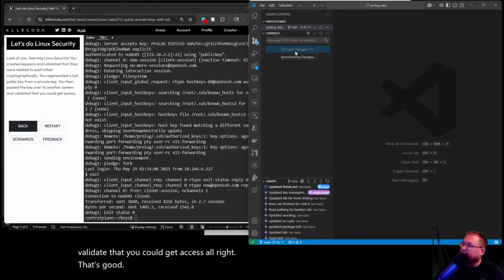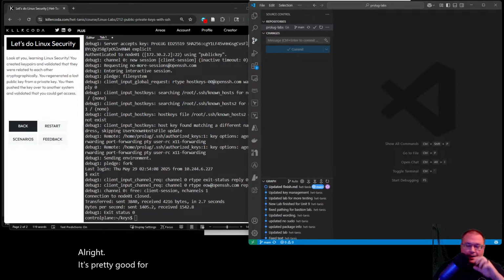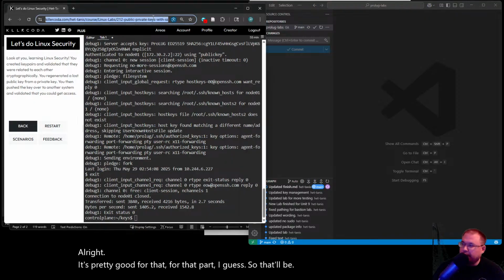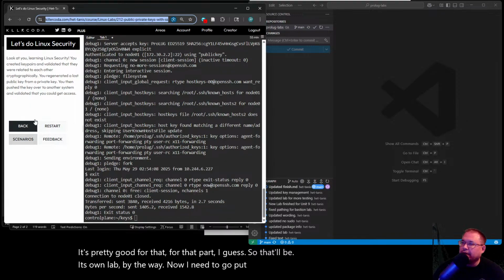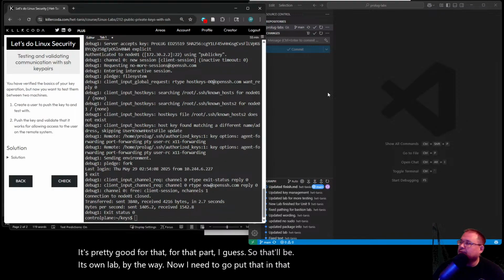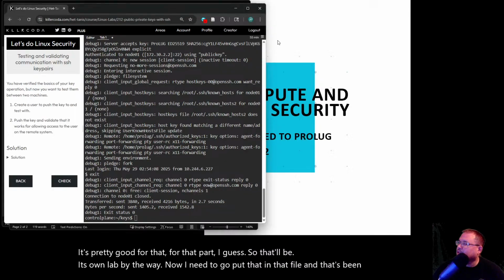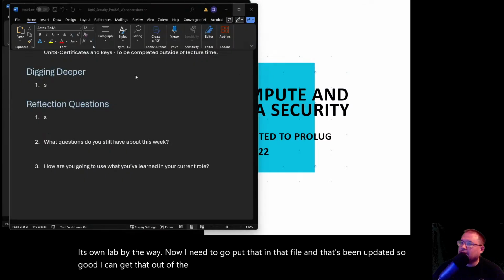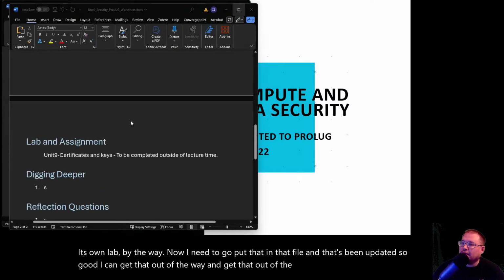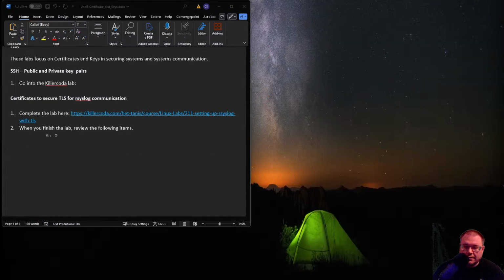All right. It's pretty good for that part, I guess. So that'll be its own lab. By the way, now I need to go put that in that file, and that's been updated. So good, I can get that out of the way. And let me go grab that other lab now.